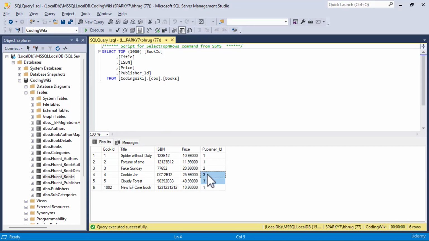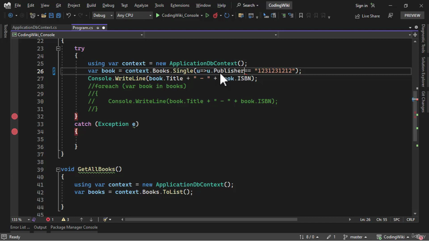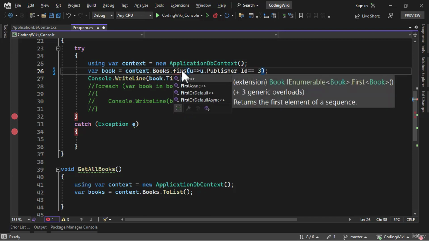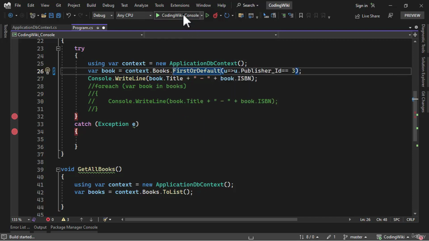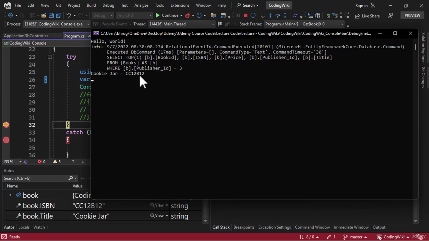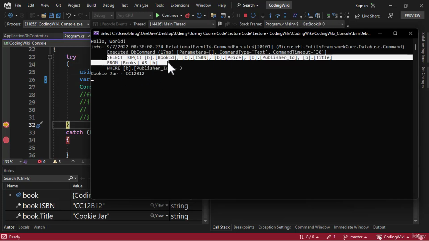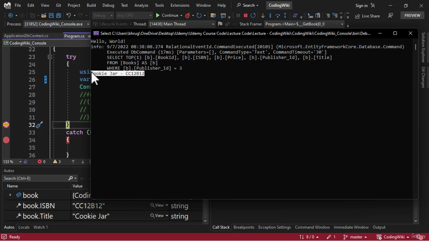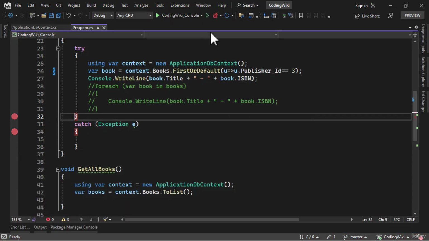Here we have publisher ID 3 and we have 2 records. Let me filter on that. So we will say publisher ID is equal to 3. Let me use FirstOrDefault here and see what happens first. In FirstOrDefault, we have the select top 1 and it returns the record. We know that with publisher ID 3, there are 2 records that it will return, and FirstOrDefault only retrieves the